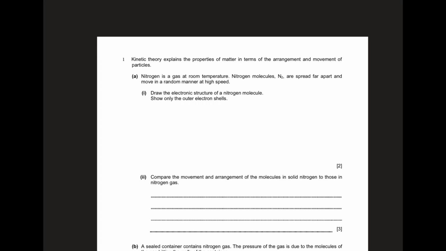Okay, so first you have to know a nitrogen molecule is N2. And you can also check the periodic table when necessary. Nitrogen has 7 electrons. So you have to put 2 electrons in the inner shell and 5 electrons at the outer shell. So they expect us to show only the outer electron shells. Okay, so we just draw a circle